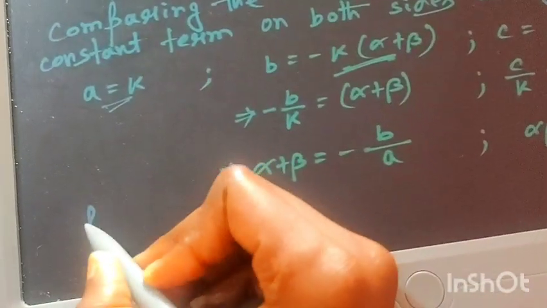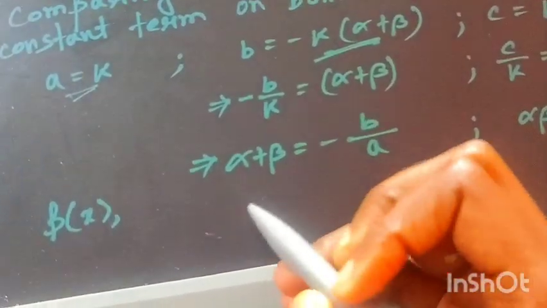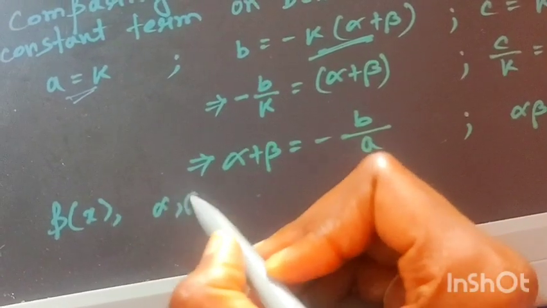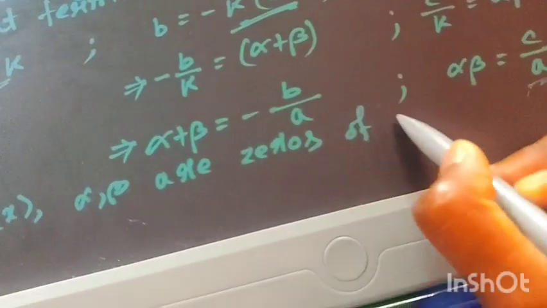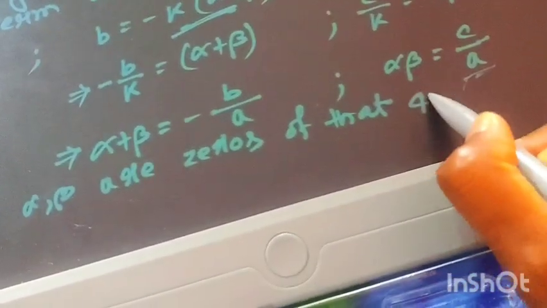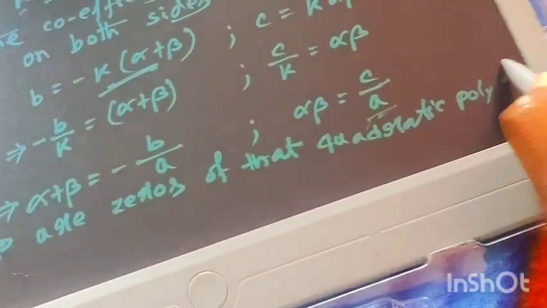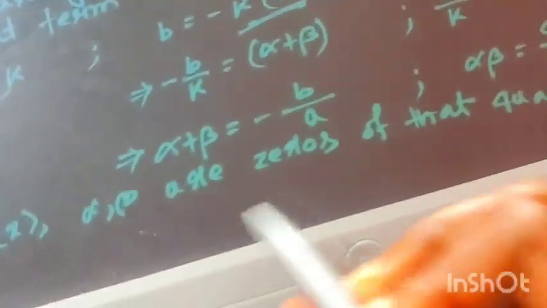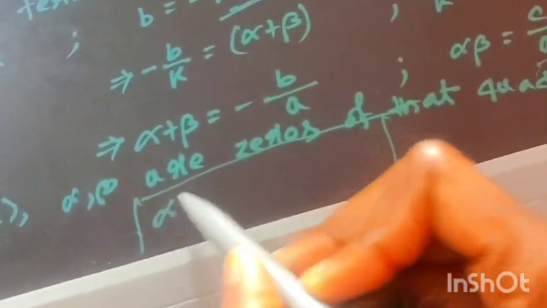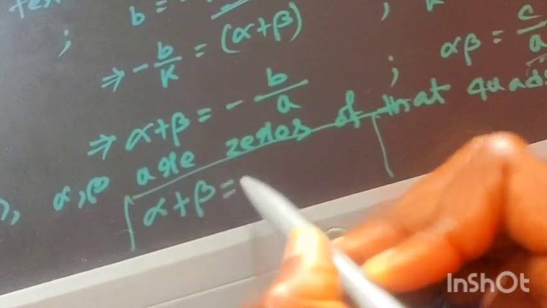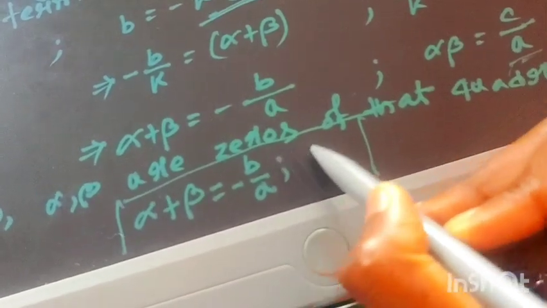If there is a polynomial p(x), which is a quadratic polynomial, and alpha and beta are the zeros of that quadratic polynomial p(x), then the formula is that the sum of the zeros, alpha plus beta, equals minus b by a, and the product of the zeros will be